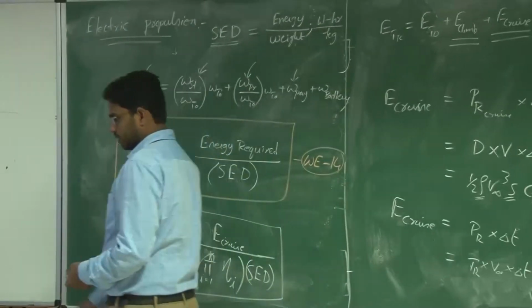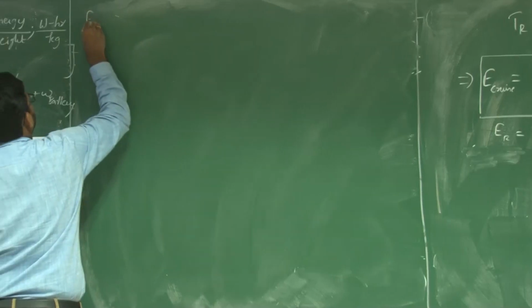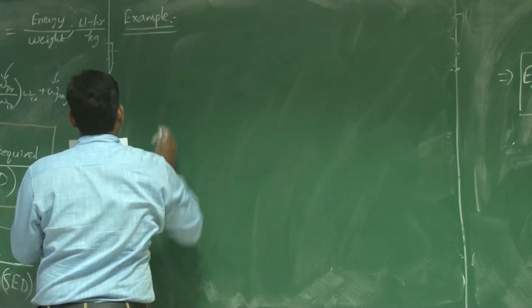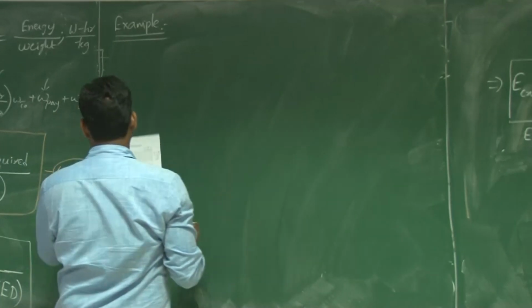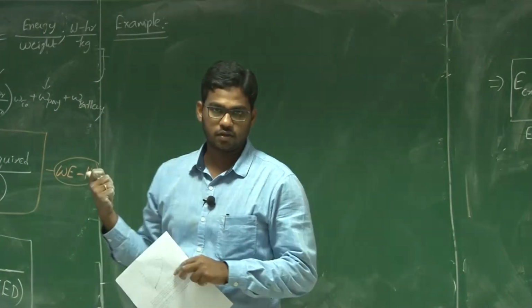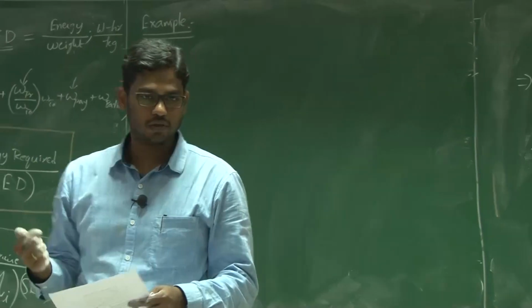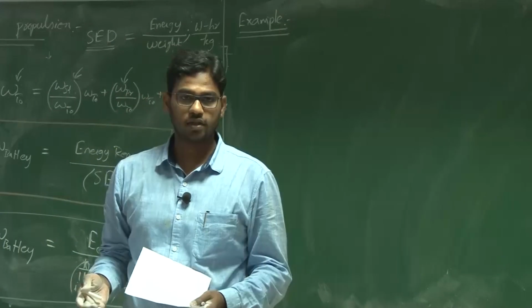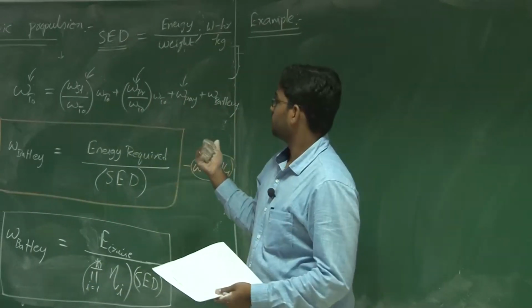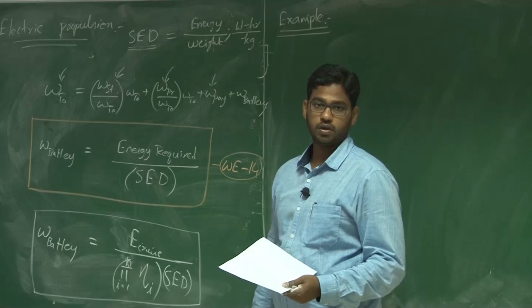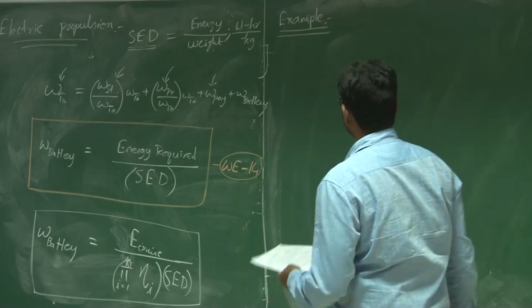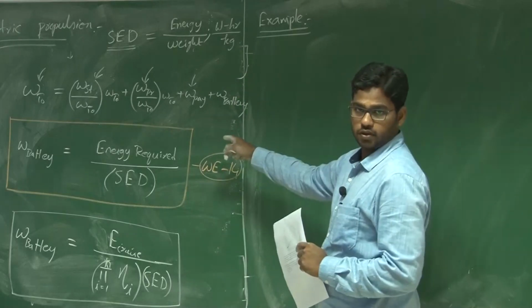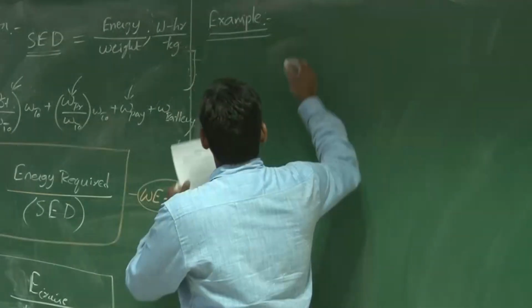So let's solve a small example. We have slowly started the design of the UAV. We initially figured out how to select a power plant or the engine sizing, and now we are trying to figure out how to estimate the total weight. We'll also come back to the iterative process once we solve this example.